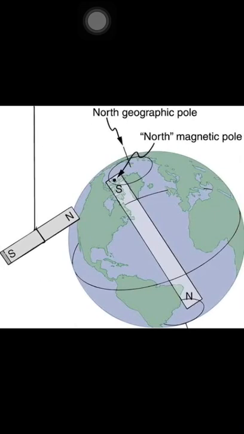Now here you can see a suspended bar magnet having a north pole and south pole, and that is why it comes to rest, as we have studied recently that there is an attraction force between unlike poles, north pole and south pole. Here is the north pole of the bar magnet, and here you can see the south geographic pole. There is an attraction between the north and south, so that's why the suspended bar magnet comes to rest.